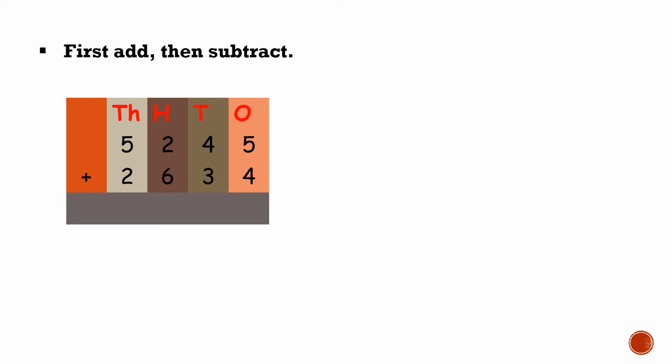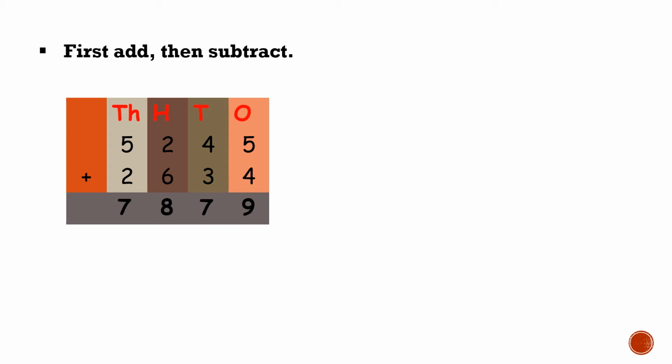2634, that is in ones column 5 plus 4 is equal to 9, the next digit 4 plus 3 is equal to 7, hundreds digit 2 plus 6 is equal to 8, and at the thousands place 5 plus 2 is equal to 7. So our sum is 7879. Now in the next step we have to subtract the third number, that is